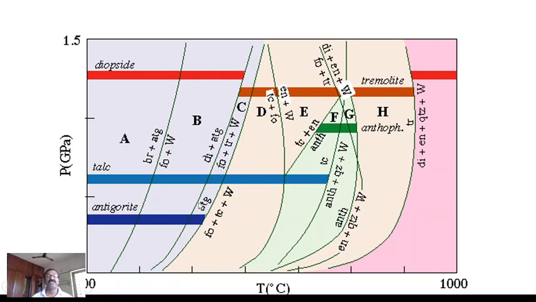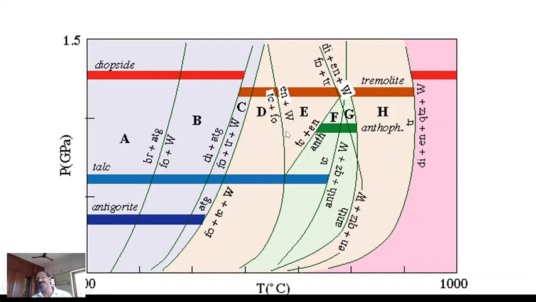You understand what I said? Petrogenetic grid is the representation of the mineral reactions from one grade to another in a pressure-temperature space. The first reaction is this: in the low grade, around 350 degrees Celsius, the reaction starts, that is brucite plus antigorite gives forsterite plus water. And next is diopside plus antigorite gives forsterite plus tremolite plus water.